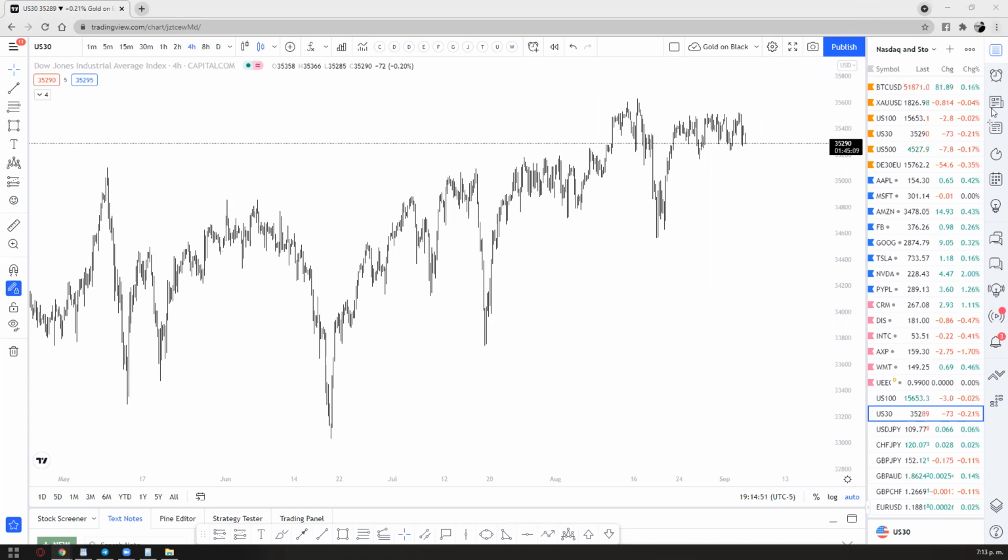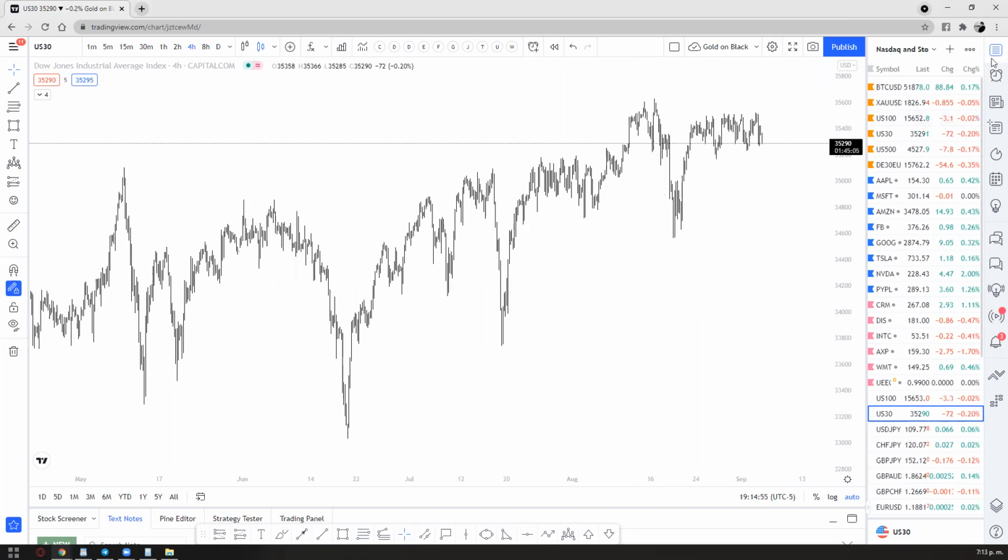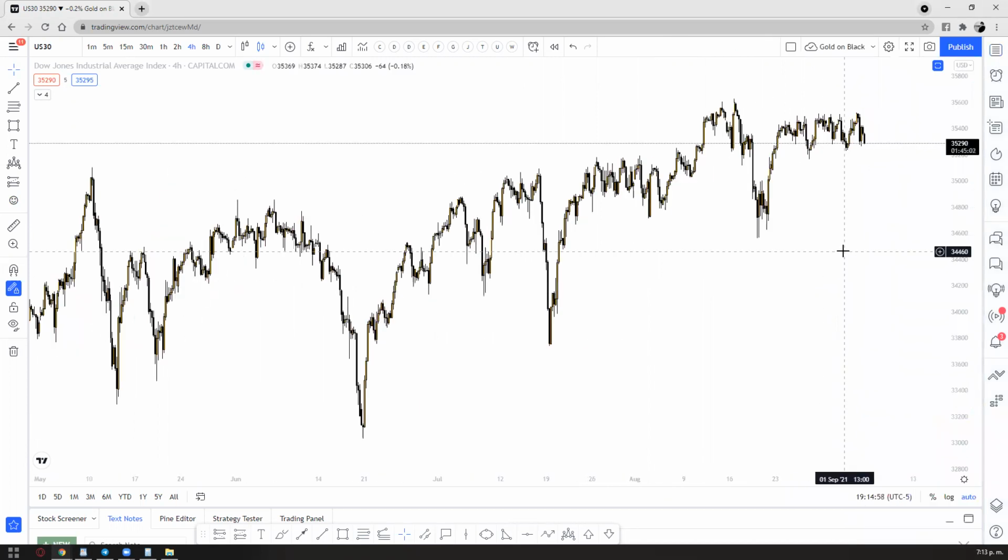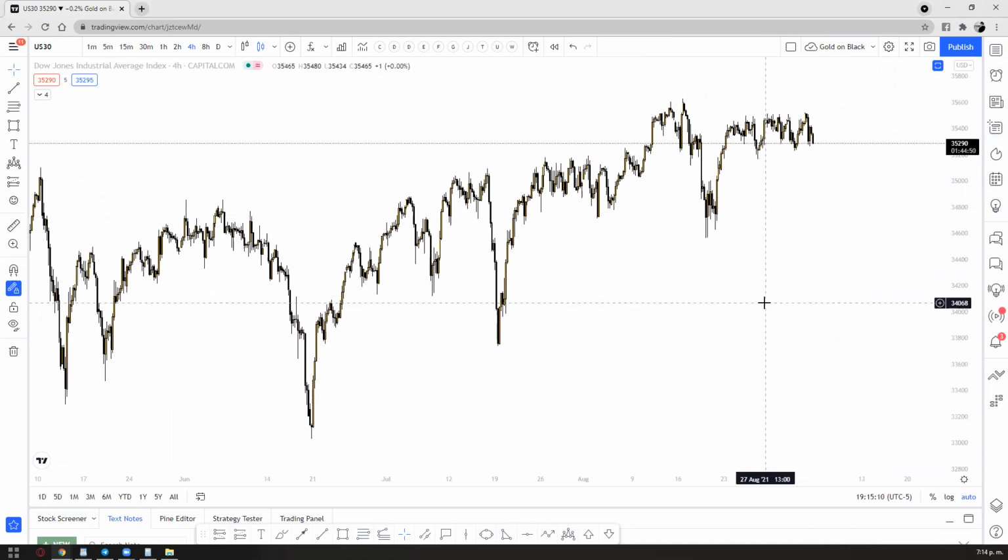Starting with the first one, it is basically how to actually draw your support and resistance correctly. Basically, what I do, there is no perfect time frame for that. There is no perfect time frame. It is the recommended